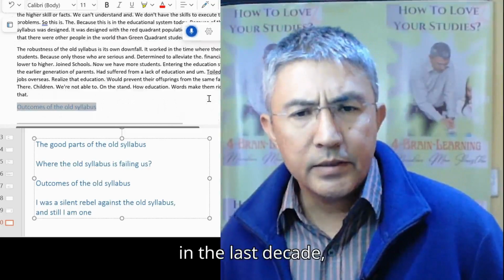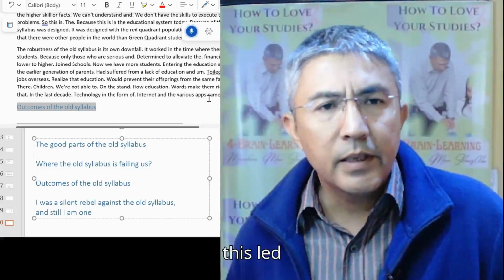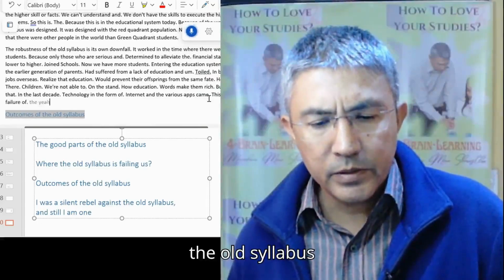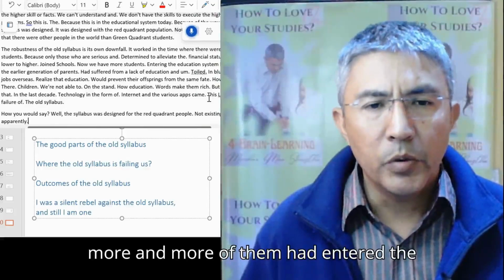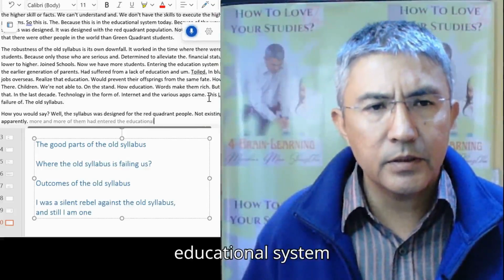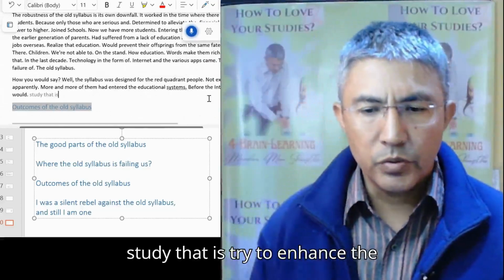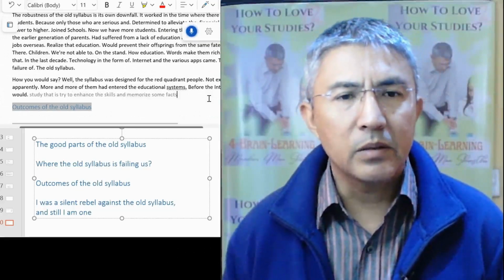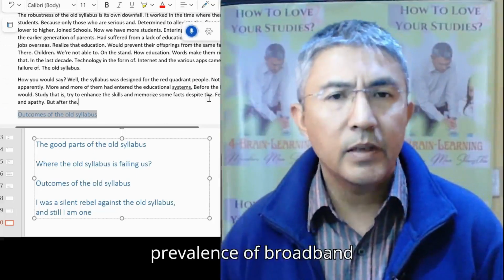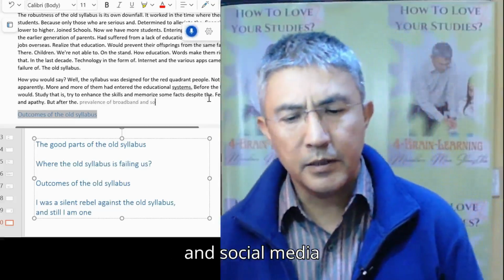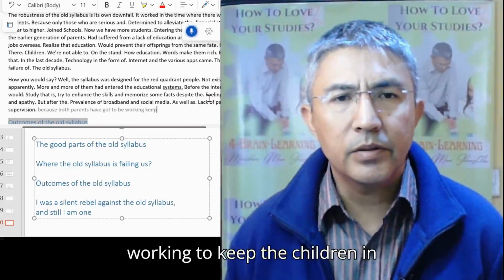But more than that, in the last decade, technology in the form of the internet and the various apps came. This led to the failure of the old syllabus. How, you would say? Well, the syllabus was designed for the red quadrant people not existing. But apparently, more and more of them had entered the educational systems. Before the internet age, they would study, that is, try to enhance the skills and memorize some facts, despite the feeling of boredom and apathy. But after the prevalence of broadband and social media, as well as lack of parental supervision, because both parents had to be working to keep the children in school,